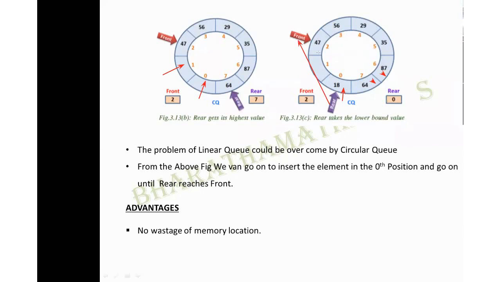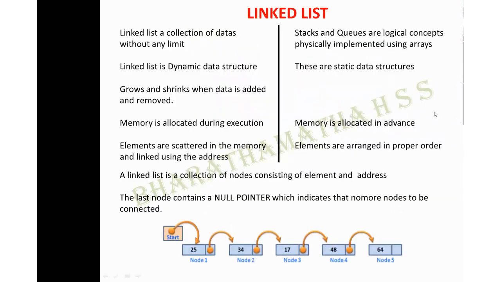So what happens is, every cell is occupied, and in the empty cells you can go on to insert the values gradually one by one until all the cells are occupied. Beyond that, until the maximum size of the circular queue, you can go on to add the values. Beyond that, you cannot do. Once the queue is full, you cannot go on to add the values like this. In this, you can avoid the wastage of memory. So this is the best method of arrangement of data.